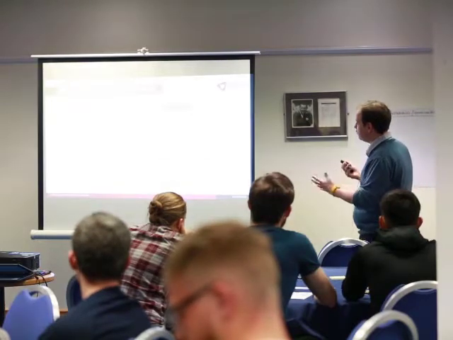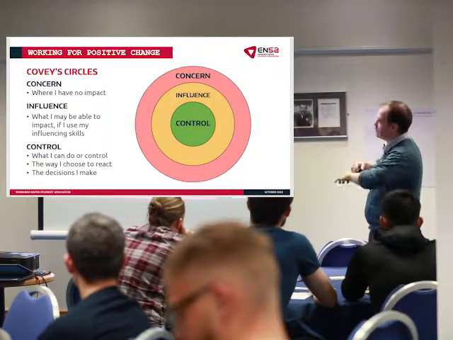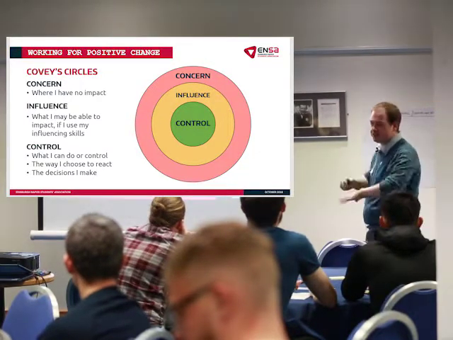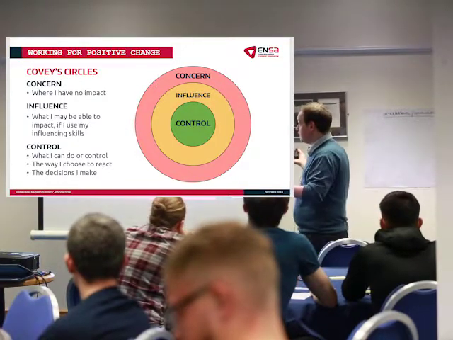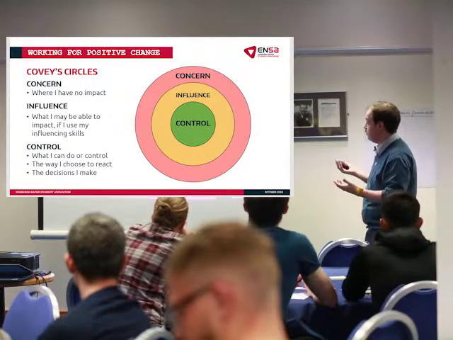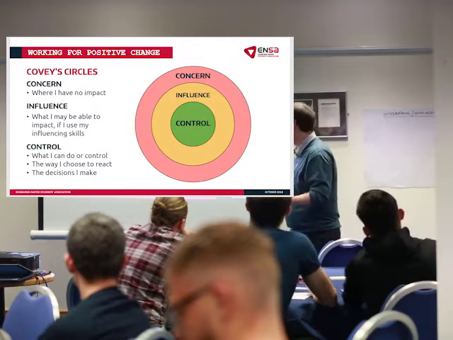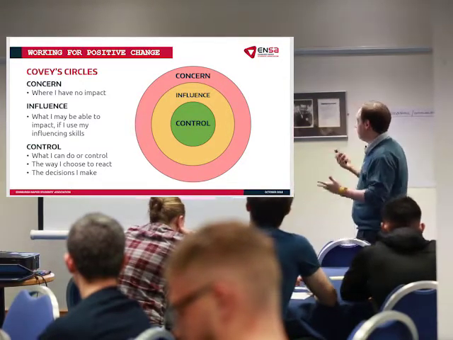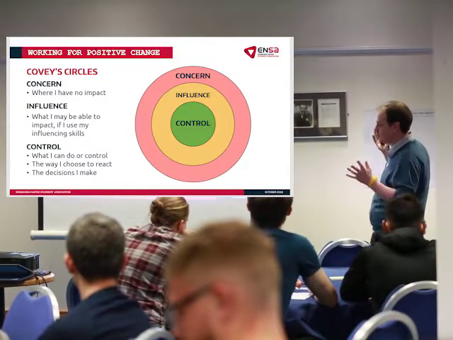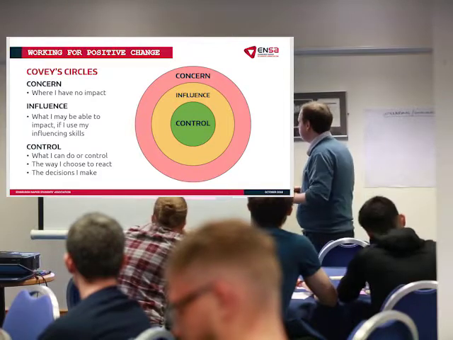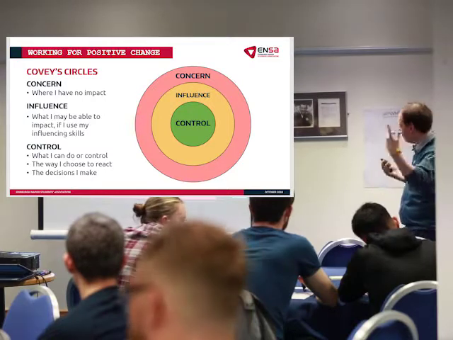But he came up with this idea of Covey's circles. He said the outermost circle is everything that you are concerned about in your life, everything that occupies a bit of space inside your head. These can range from some really personal concerns: am I studying enough? Is that going to be enough to get me through the year? Is my relationship a good relationship? Up to things that are just totally ridiculous, that take up a little bit of space in your head, like, are we going to be hit by an asteroid today, which is in my head all the time.